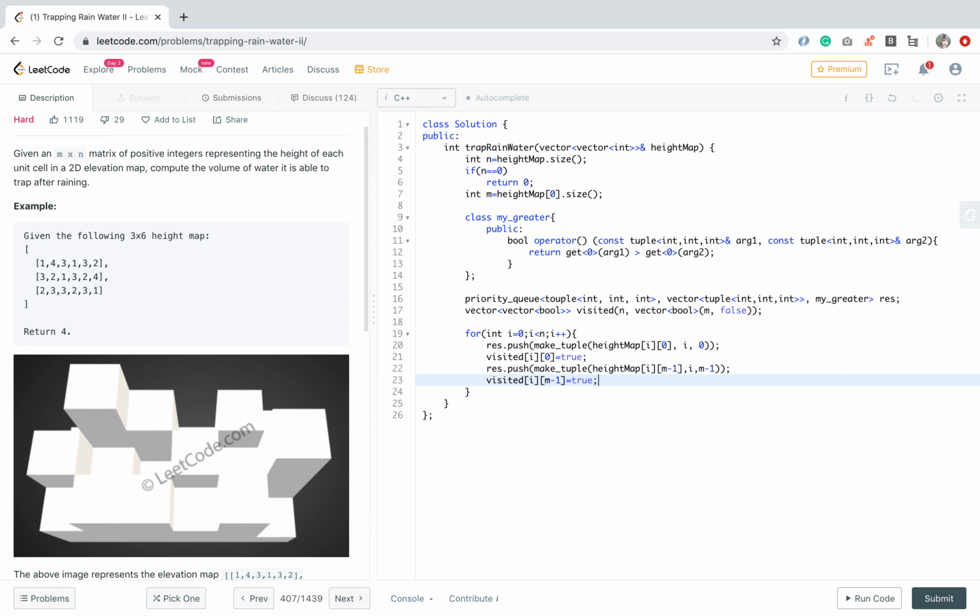So basically in the first part we are pushing the outermost region of the matrix into the priority queue: first column, last column, then we will enter the first row and the last row.